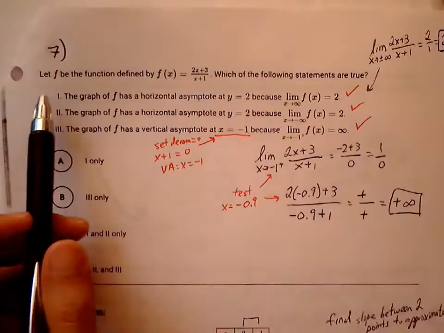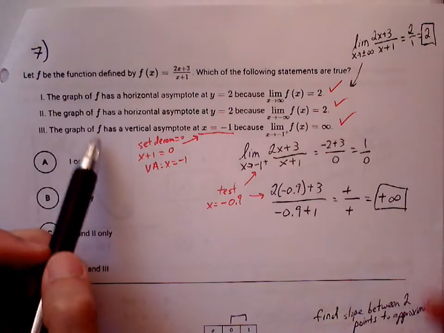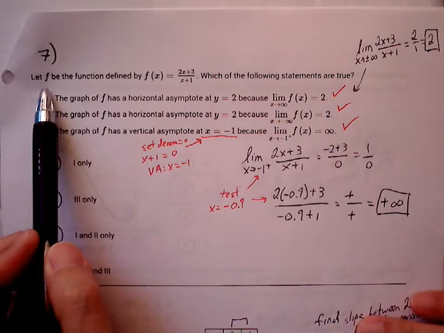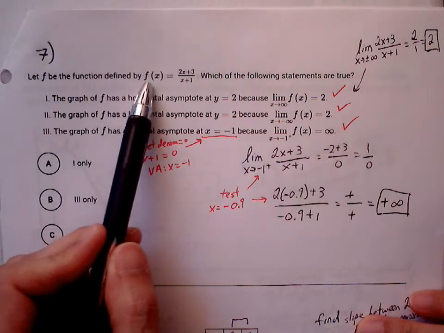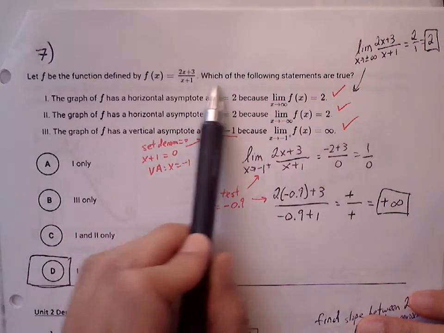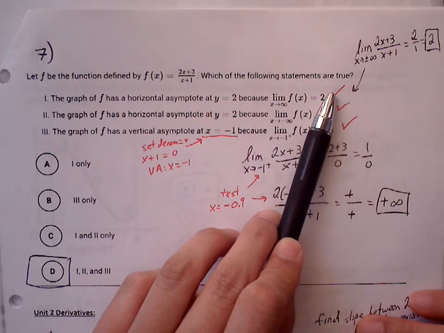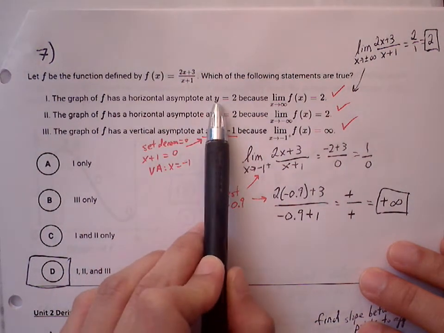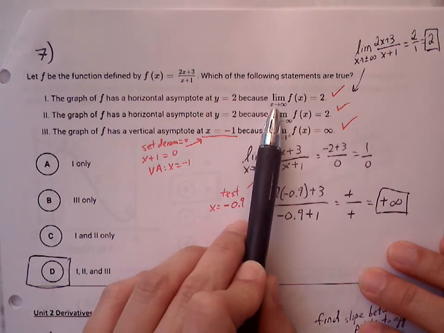Continuing with the AP cumulative review for multiple choice. Number 7, we're still on limits here. Let f be defined by f of x being (2x plus 3) over (x plus 1). Which of the following statements are true? Okay. The graph has a horizontal asymptote at y equals 2 because the limit as x approaches infinity of f